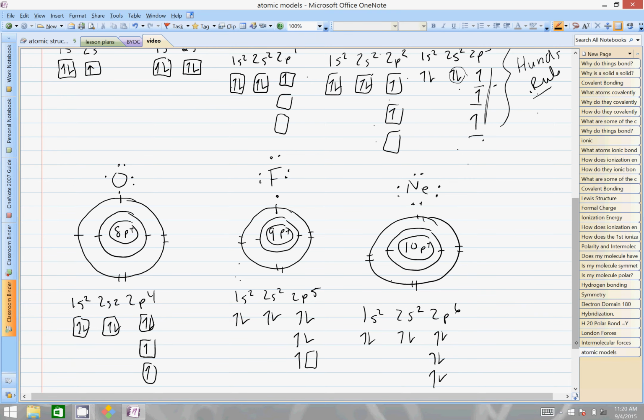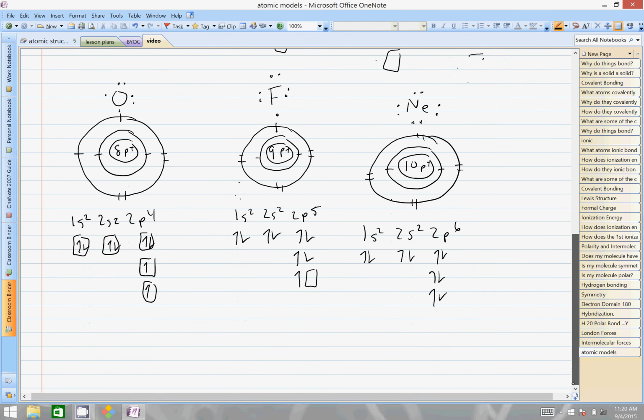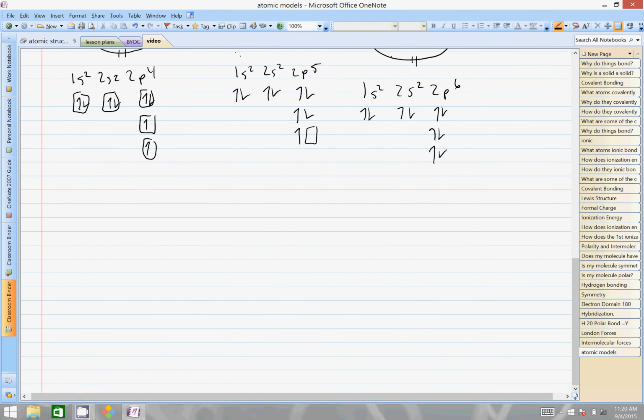So a few things you might want to point out about all of these models, and a few objectives we might want to have here is you must understand the orbitals and the number of electrons